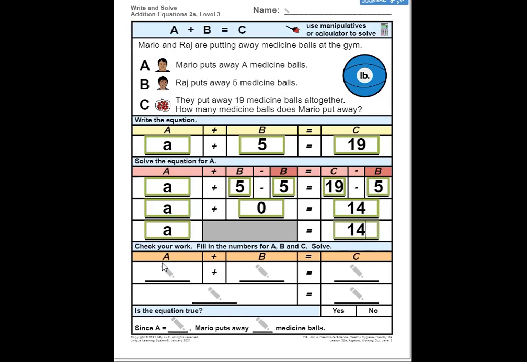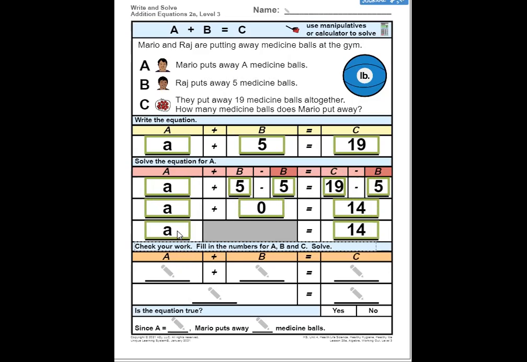What's this very next step that we're going to do? Check your work. Fill in the numbers for A, B, and C. Solve. It's always a good thing to check your work. So in this second step, we have A equals 14. Let's check it just to make sure. We're going to go back to our original equation, A plus B equals C, and we're going to plug in